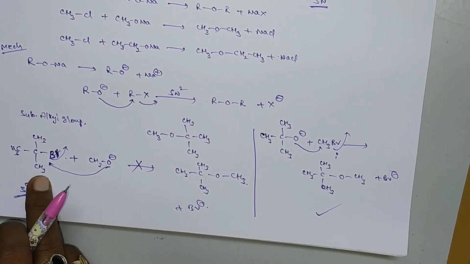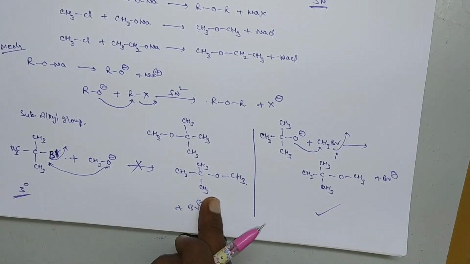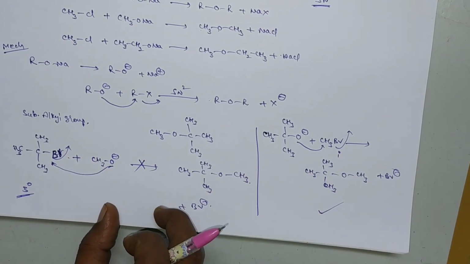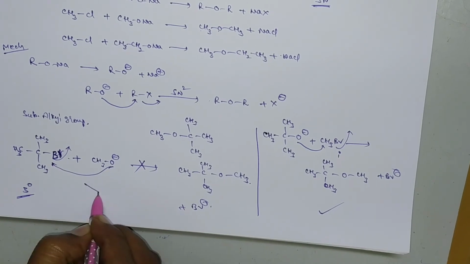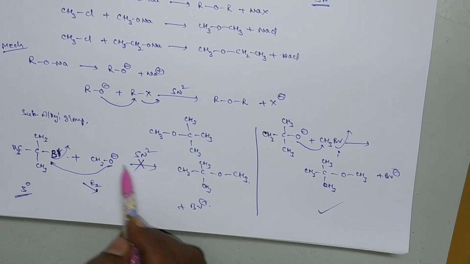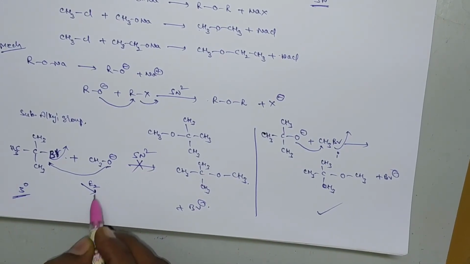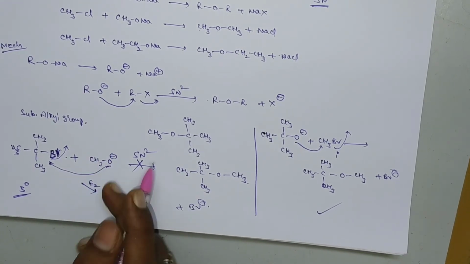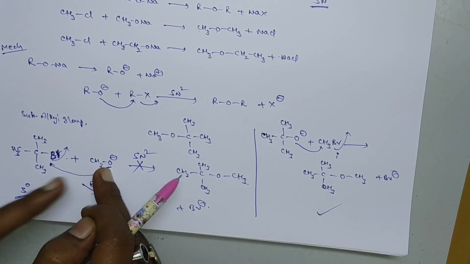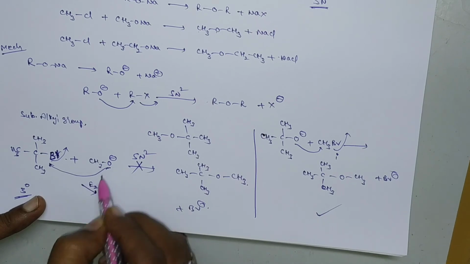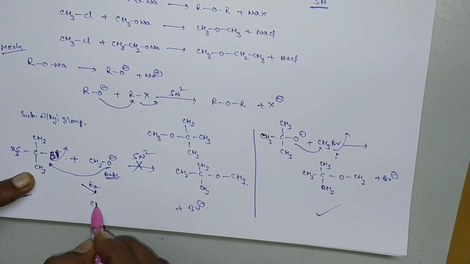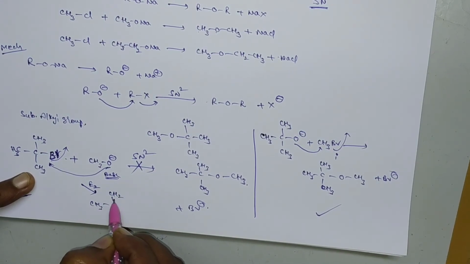By using the tertiary alkyl halide we cannot prepare these ethers, because tertiary alkyl halides are more reactive and undergo elimination. Here the SN2 reaction does not take place; elimination predominates. This elimination takes place in the presence of this nucleophile. Generally it should undergo nucleophilic substitution, but under this condition the nucleophile behaves as a base, abstracts a proton, and forms an eliminated product like this.